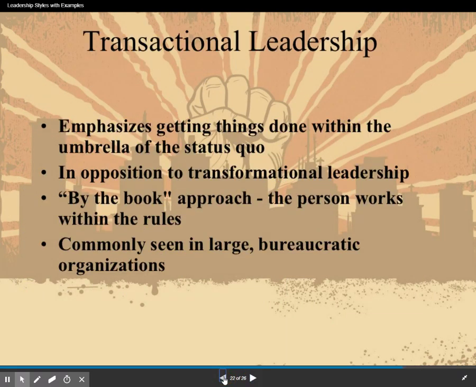So transactional leaders are basically someone, you do it for an exchange. So I go to work. People do it for a reward of some kind. So transactional leaders are like, I call the pharmacy to fill a medication because I need my medicine and they fill my medicine for me and I pay them for my medicine. That would be a transactional leader, that you come in and you provide a service and you get paid for it. Usually they're bureaucratic leaders related to transactional leaders.